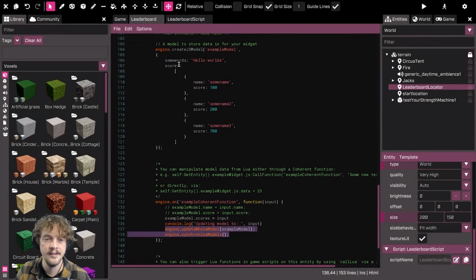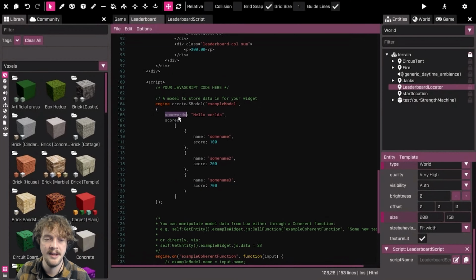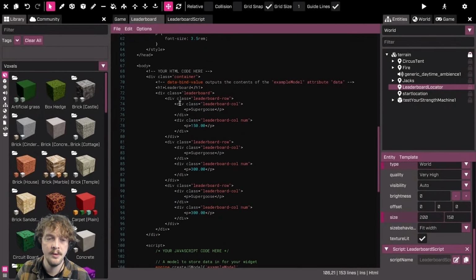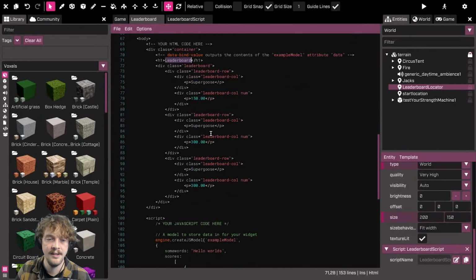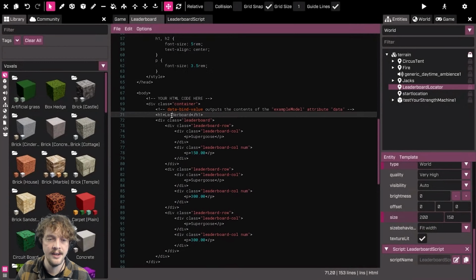So let's have a look at this. I want to implement this SomeWords part of my JS model. I want to replace whatever is in the h1 tag, so at the moment it's leaderboard, with whatever is in the SomeWords data. So the way I would do that is essentially delete what data is in the h1 tag at the moment,